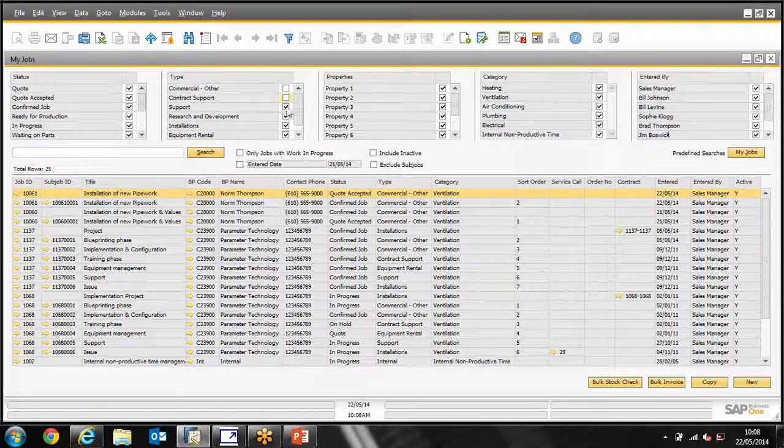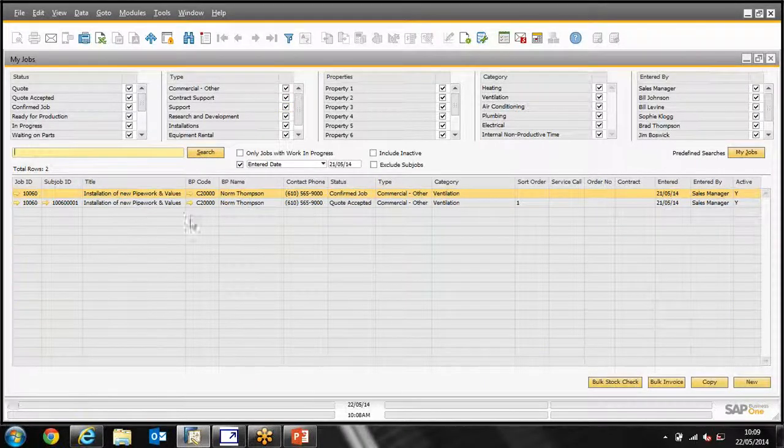By selecting the different filters here, we can narrow down the list of active jobs we see in our window. What I'm going to do for this demonstration is just look at a particular job that was created yesterday. If I now search, you can see it reduces the number of jobs in my window, and I can now just look at that one particular job. Now if I go into the actual job screen here,